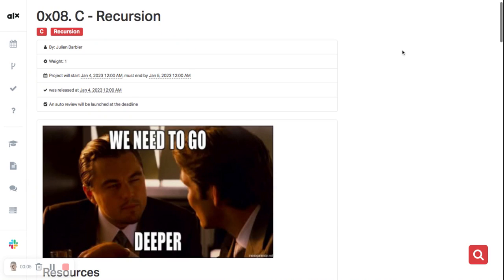Okay, we are going to discuss first what is recursion. Recursion is a programming technique in which a function calls itself repeatedly until a certain condition is met. This allows the function to solve a problem by breaking it down into smaller, more manageable pieces and solving them one by one. Recursion can be used to solve a wide range of problems, including sorting algorithms, tree traversal,